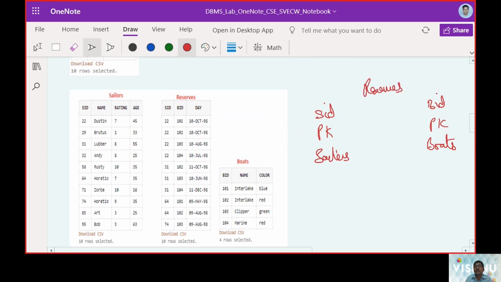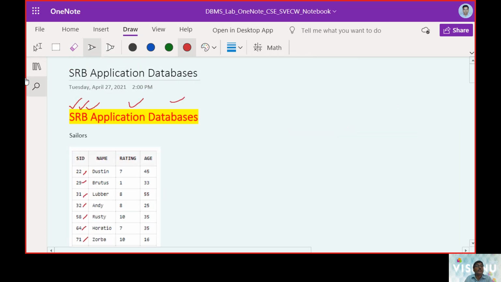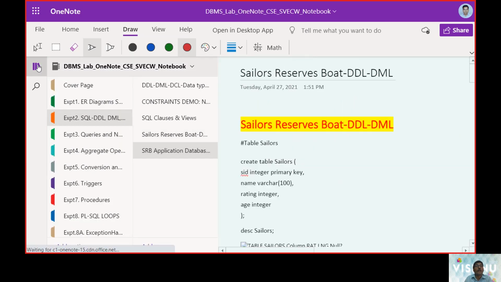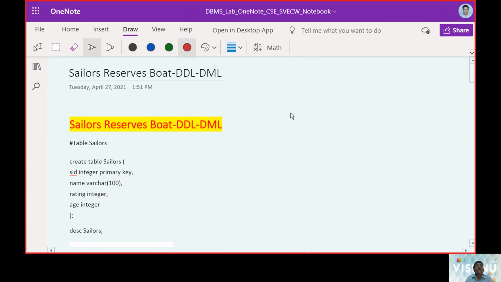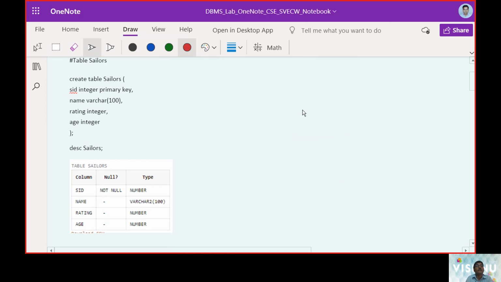So reserves is a table which has foreign key constraints referring to the primary keys of SIDs and BIDs. That is how this orientation is going to happen. To do this, first we work with the table called sailors.